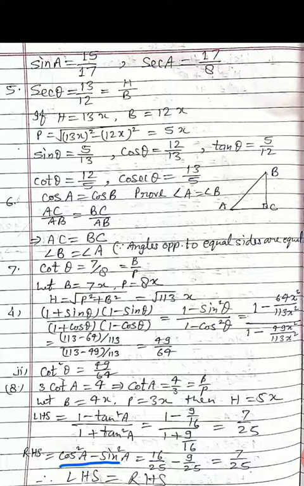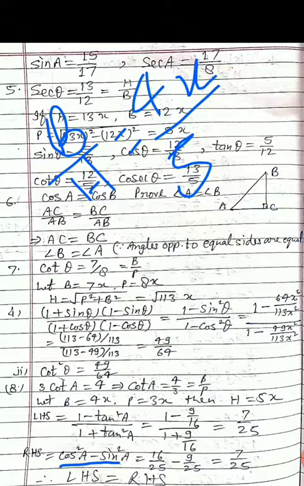cos A, that is cos is b upon h. b upon h, so base is 4x upon h is 5x. x, x cancel, so cos A is 4 upon 5, and its square will be 16 upon 25. Minus sin square A. sin is p upon h,